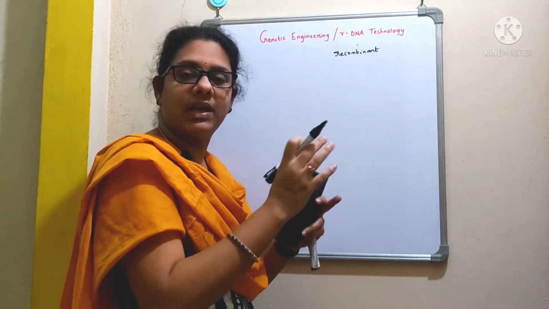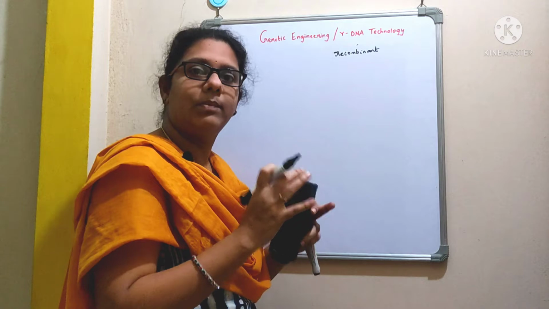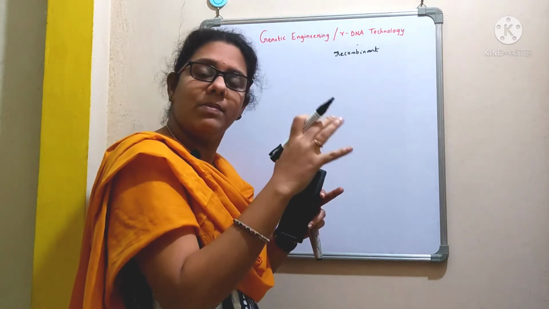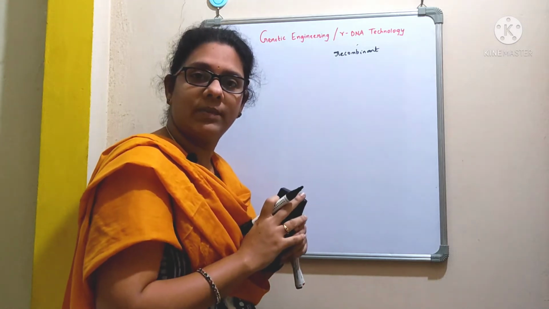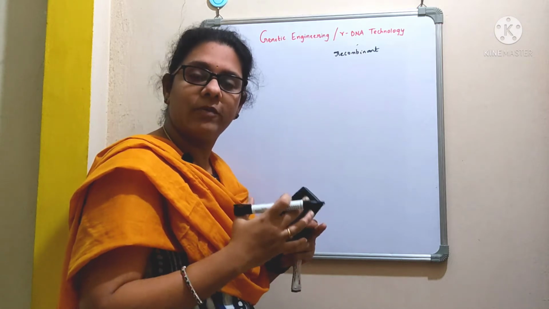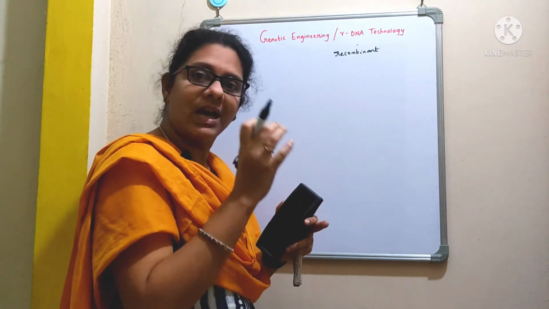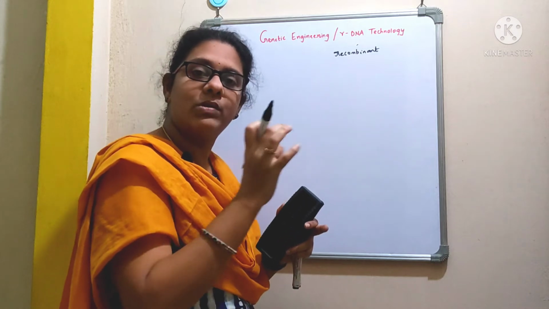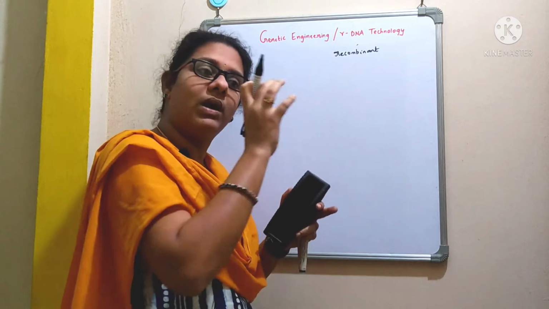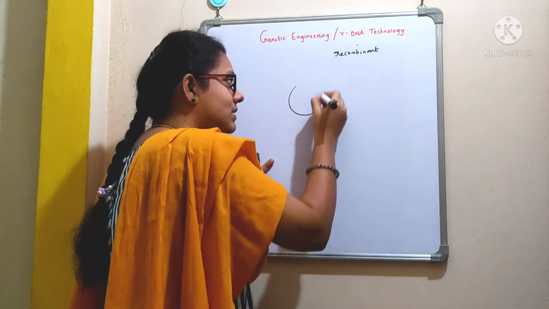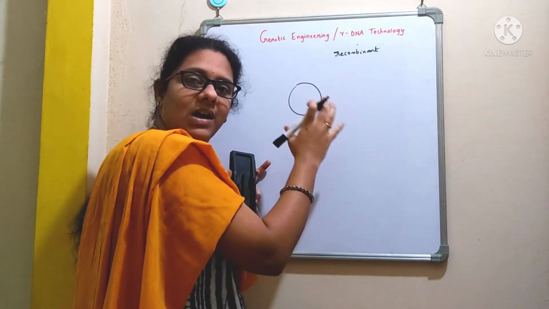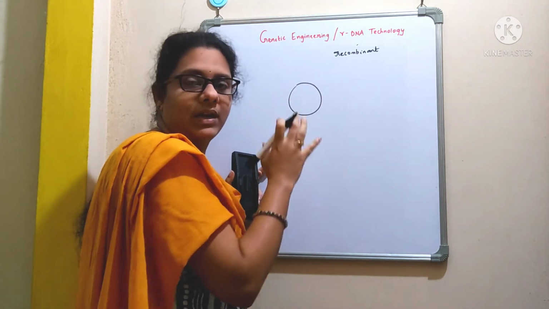For example, if you take a diabetic patient, the blood glucose levels will be higher in that patient, right? Because they can't make a sufficient amount of the hormone insulin. In that case, if we want to produce a sufficient amount of insulin, we can isolate a specific gene that codes for the hormone insulin, and incorporate this gene into a vector. For example, we can take plasmids as a vector. Vectors are nothing but cloning vehicles.